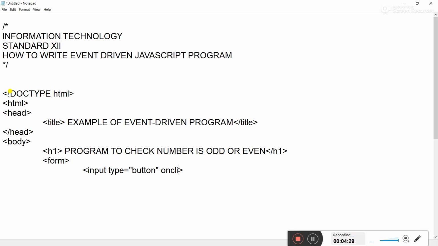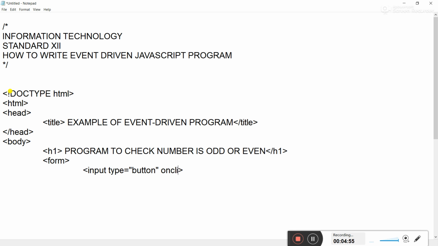And the second is the action which we are going to take based on this event. The event handler is like onclick, ondblclick, onmouseover, onmousemove, onmouseout. And action means the function which you are going to call after these events occur.